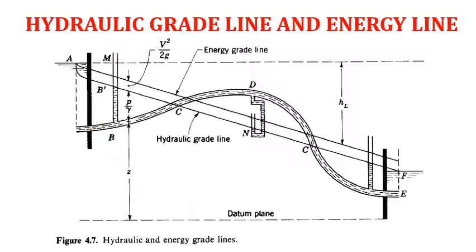Now if the outlet at point E is closed, it is static. If we have a piezometer connected at point B, liquid must rise till point M, thus representing that the total energy possessed by the particle at point B is the elevation head Z and pressure head P over gamma, which will be equal to BM. But because the outlet at point E is open, it will also have some portion of velocity head, V square over 2G.